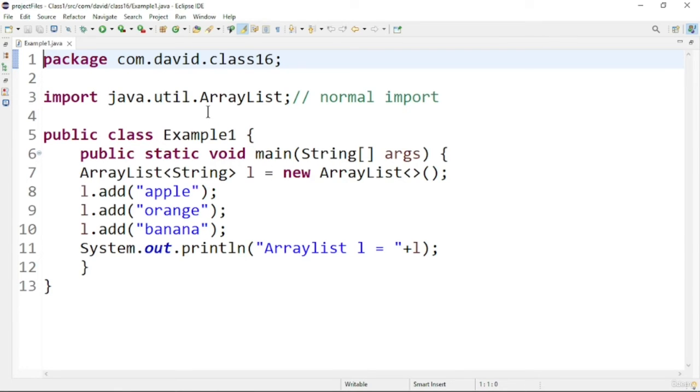Import statements are very useful. We need to check if there is any import which is not used; it will show in yellow color. That means that import is not used by the particular class. If you import wrongly, the error will show at the top. We can organize imports using special shortcut keys in Eclipse. We should not have unnecessary imports in our code. Now we will run this program to see the output.